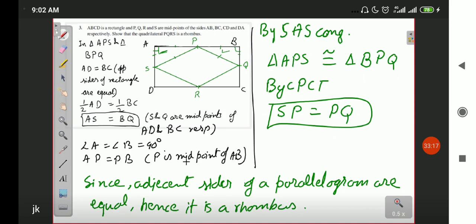Okay, so with this, 3 questions of our exercise have been completed. Question number 6 I have already given to you as homework. In this chapter there are a total of 7 questions. So 4 questions are completed. Out of those, there are 3 remaining questions.